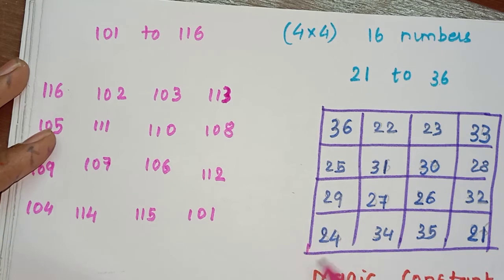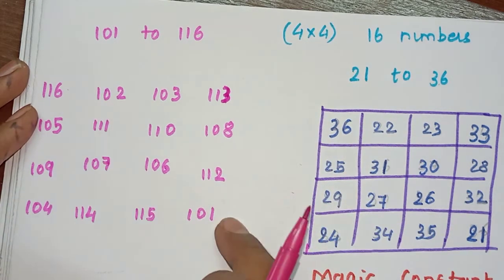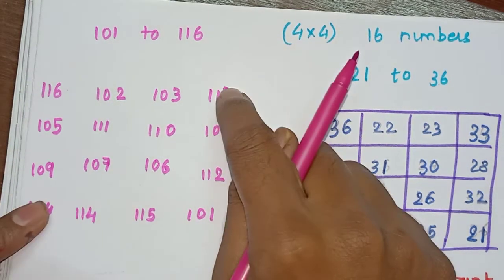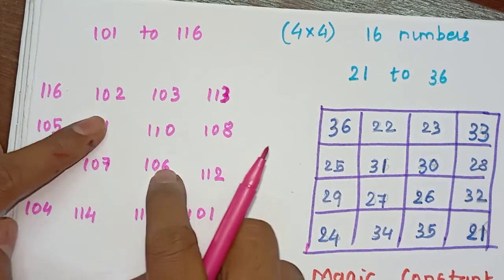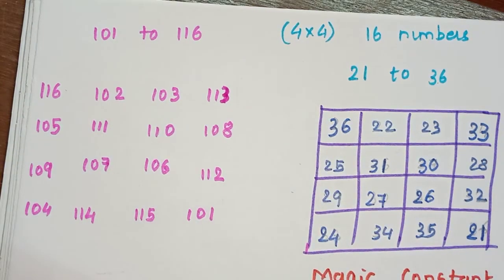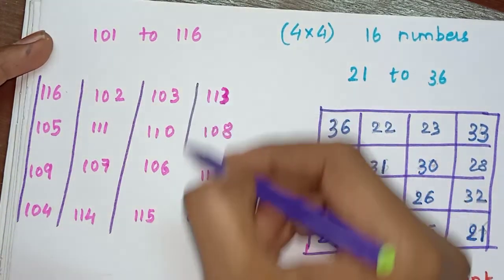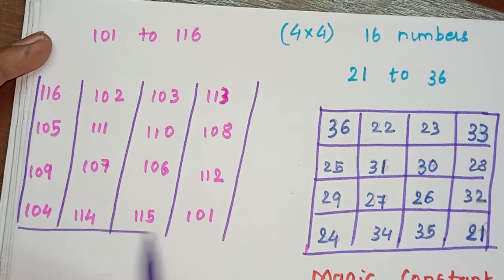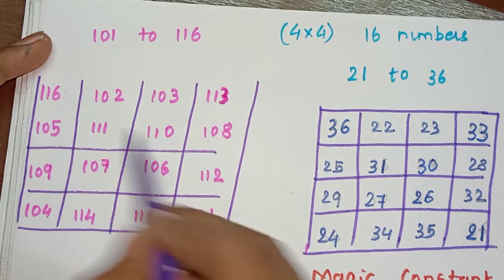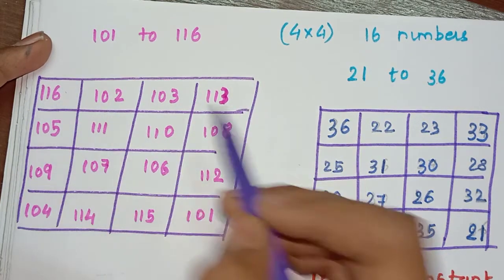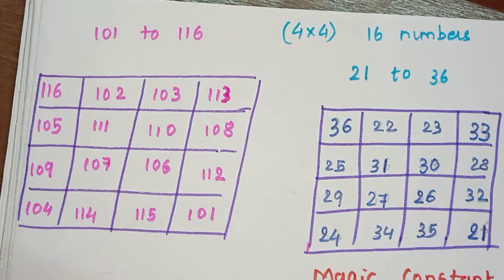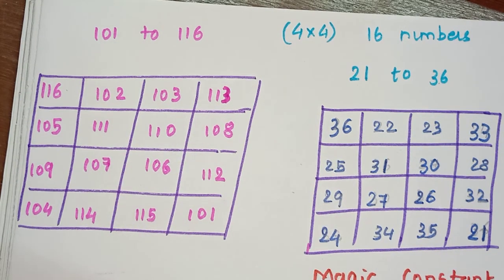So you can see, if you are not comfortable, you can write like this, which I have done earlier. Write with a pencil and then switch it. So these two will switch, these two will switch, these two will switch, and these two will switch. And finally, when it is done, you just have to draw the outer grid lines so that it is completed. This is your 4x4 magic square, and as I told you, when you add it, just add all these rows, check it and find the magic constant.